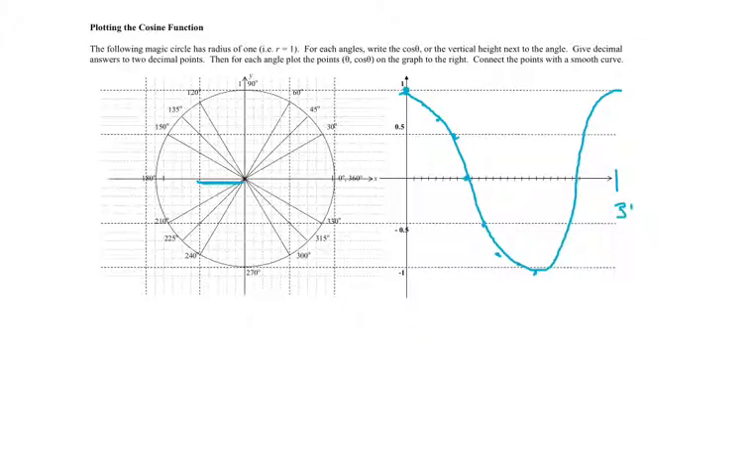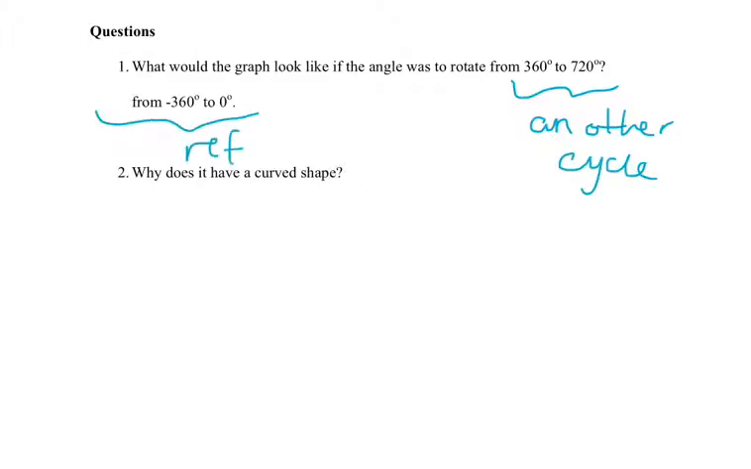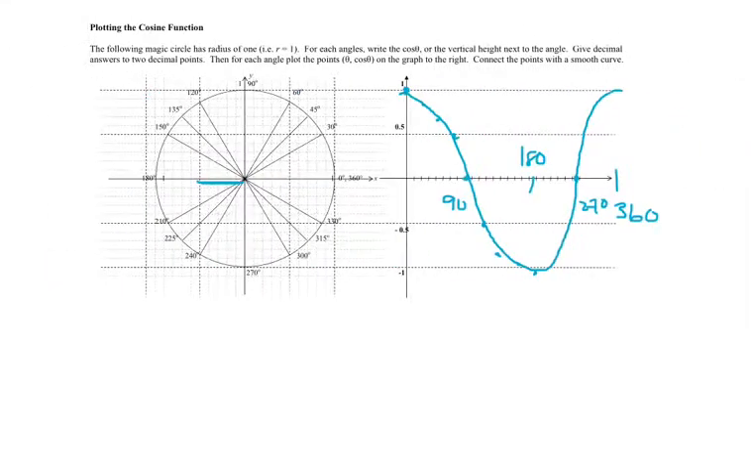So I've got 360 degrees here. My halfway point is 180. 90 degrees is when I'm at 0. 270 is my other 0. This is exactly the same as with sine. We'd have another cycle, and we'd have reflection over the y-axis. It has a curved shape, again, because my x distance isn't moving